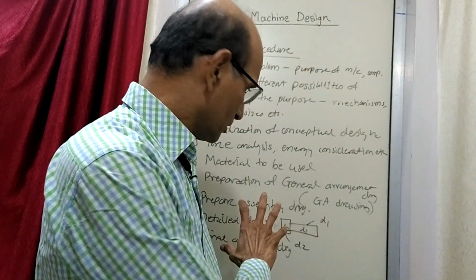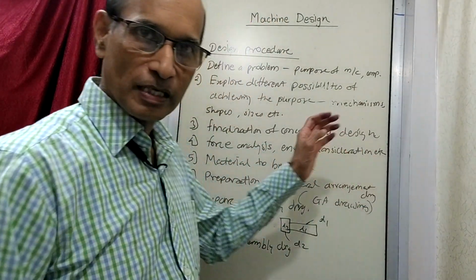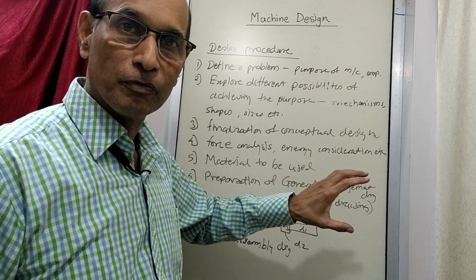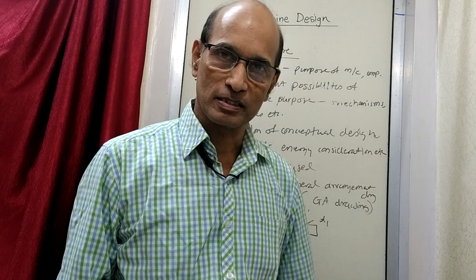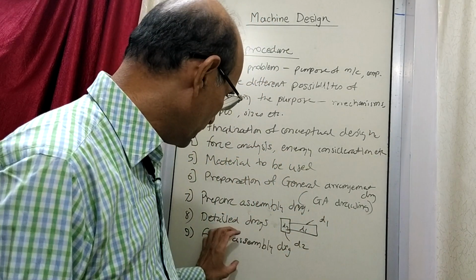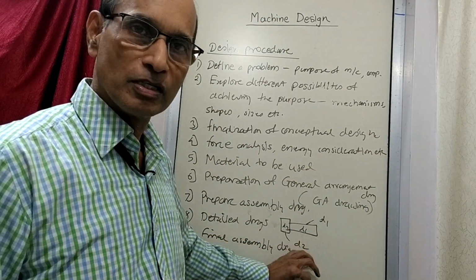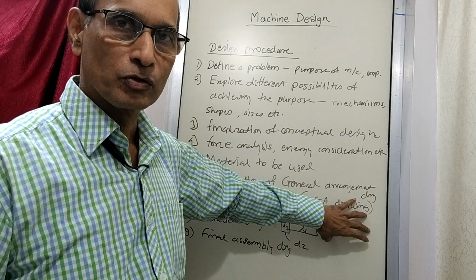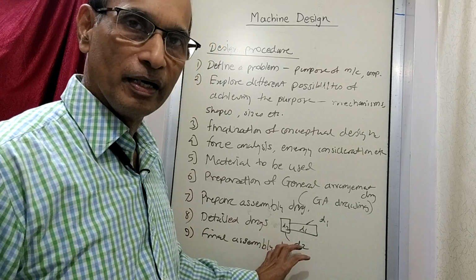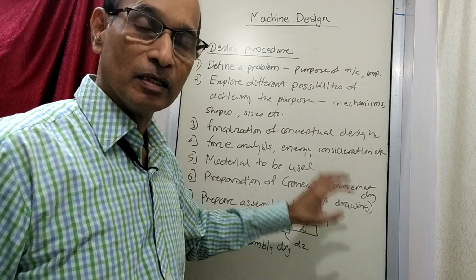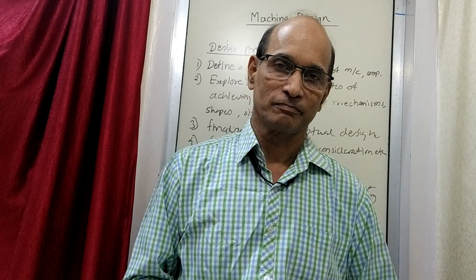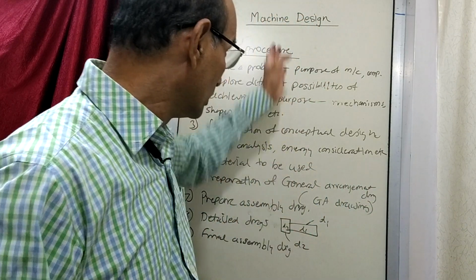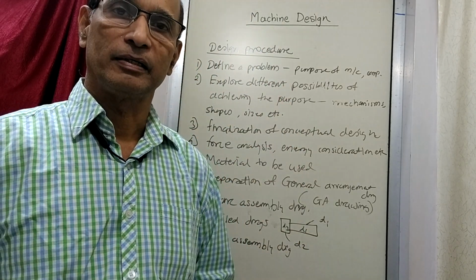Here the objective of course is to design, but in this design you have come across something similar: in front of you there are a set of detailed drawings, and in front of you there is an assembly drawing, which is making use of all the detailed drawings that are here. Okay. So once you have got your assembly drawing ready and your detailed drawings ready, now it is time to make those parts. Now it is time to make those parts which are involved in this particular design activity.